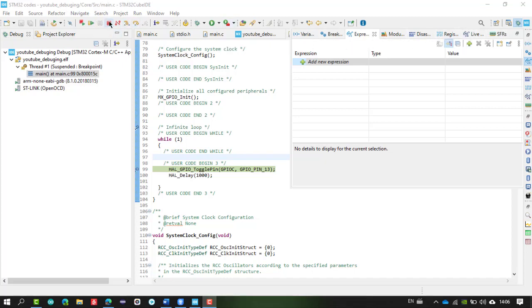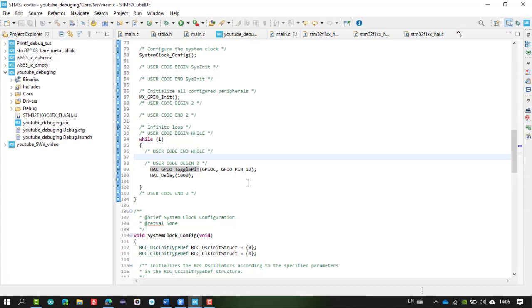In the next video we are going to use the trace features for our microcontrollers and see how we can examine the code functionality, code performance and the efficiency of our code using the trace features, in which we will use the ST-Link V2 programmer, the unofficial one, which uses the serial wire output pin with the SWD pin. So stay tuned for the next video.